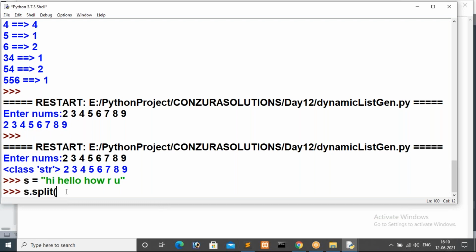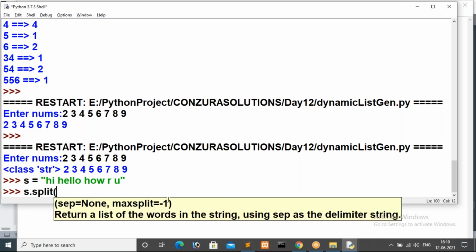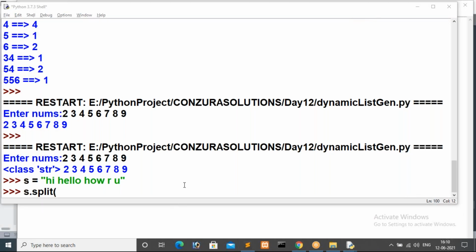It returns a list of the words in the string using the separator as a delimiter. So what is the delimiter here? Space. Based on the space, this split method will separate a sentence into words. That is the importance of split, guys.